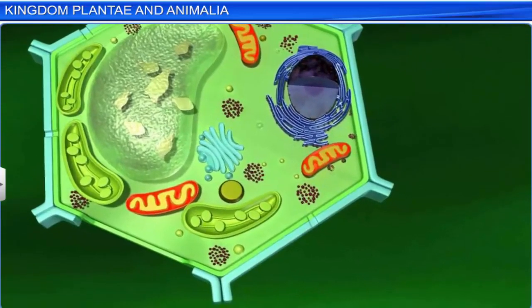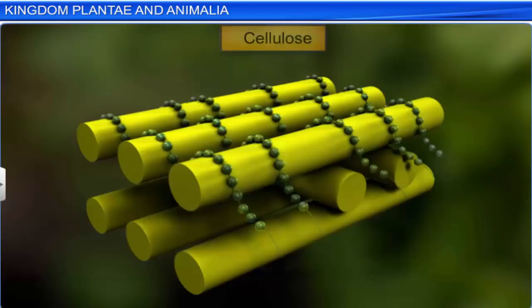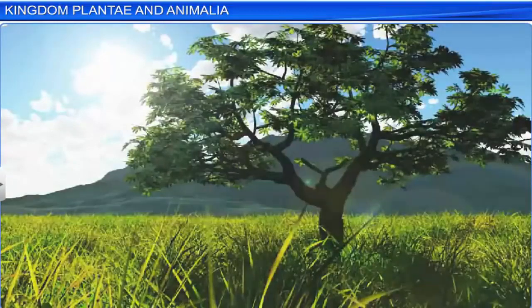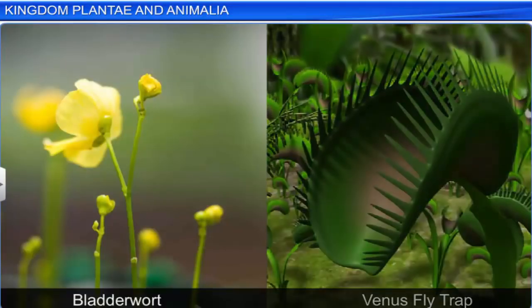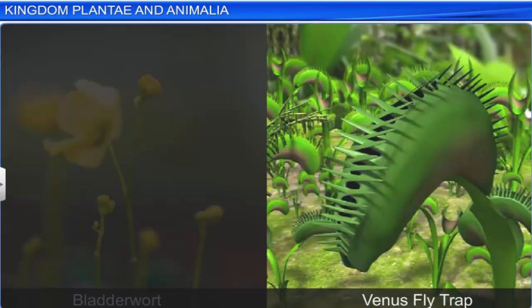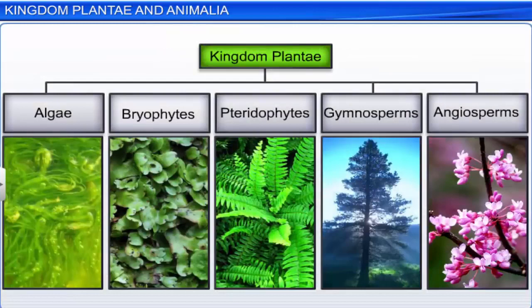Plant cells are characterized by the presence of a cell wall, which is made up of cellulose. While most plants are autotrophs, some plants such as bladderwort and Venus flytrap are also insectivorous. Some of them, such as Cuscuta, are also parasites. Kingdom Plantae also includes algae,